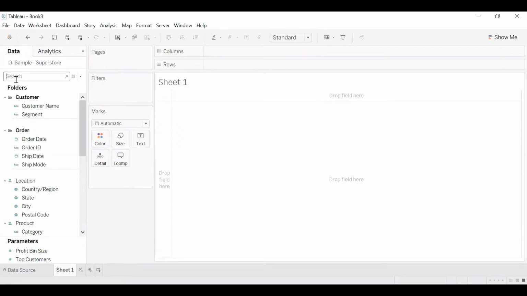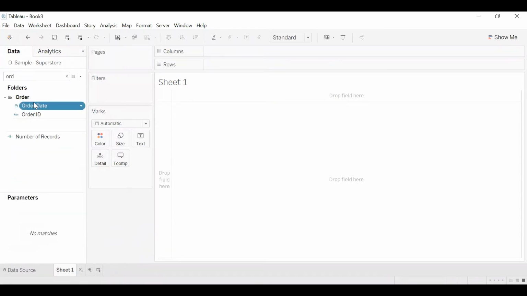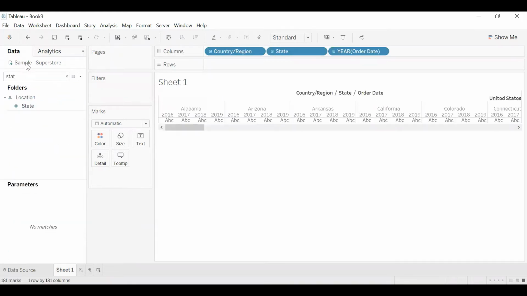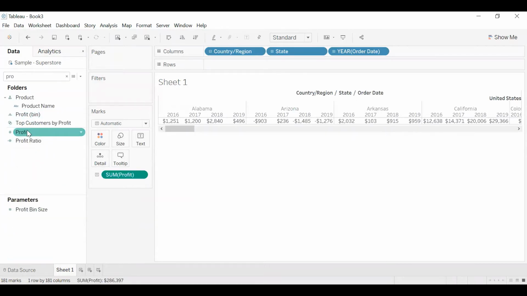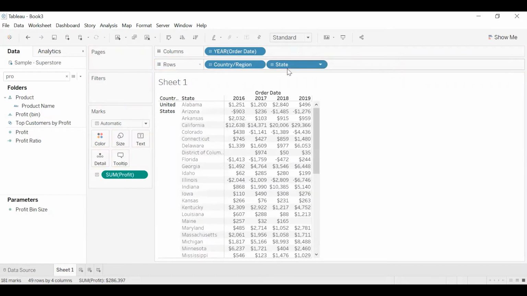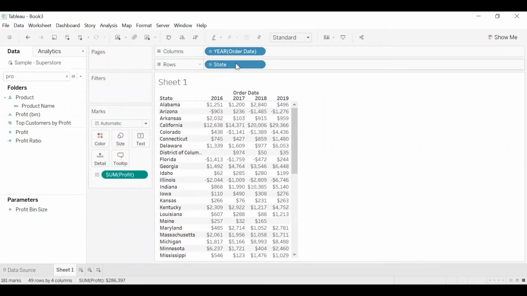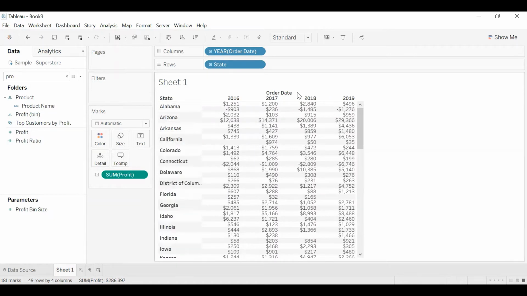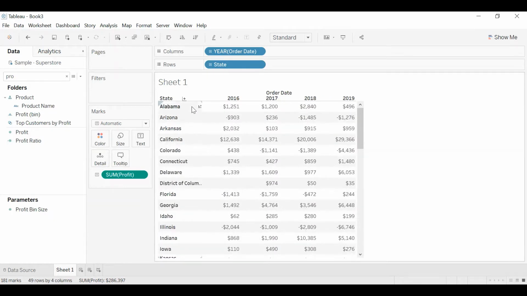In this, I'll just create a small table first. So I'll just put an order date, the state, and then the profit. And I'll just do it this way. And take the order date here. Sorry, take the order date here and the state here. Cool. So this is my basic table, which just shows that this is the state, this was the profit, and